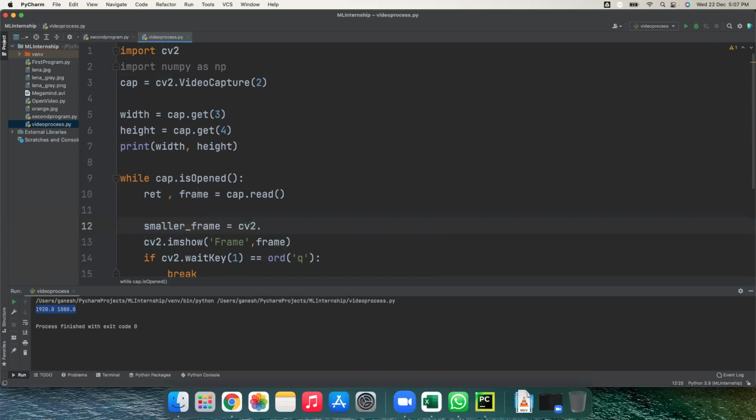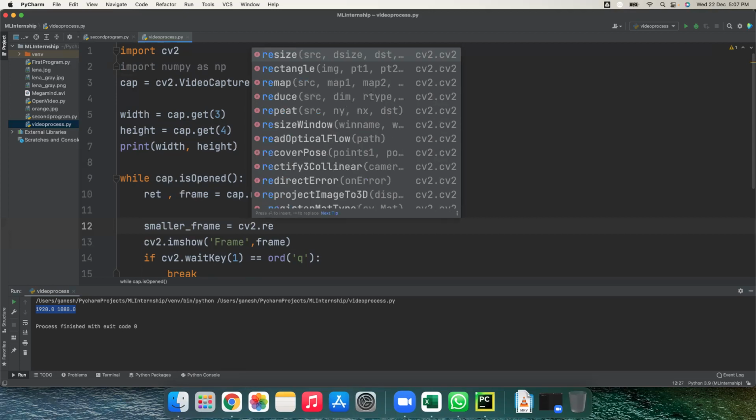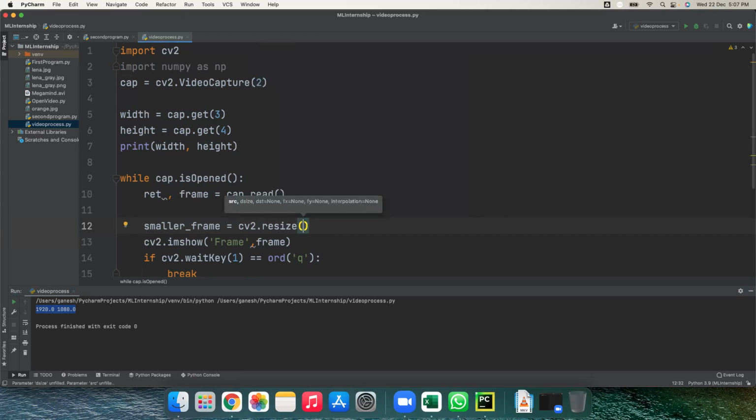So very simple. Say cv2 dot which function? How to make the image smaller? What is the function name? Anybody? We just saw the resize function. Yes, resize. So which one do I have to modify? The frame. This frame I have to reduce. So yes, we have to resize it. So cv2 dot resize, and then after that we give 0, 0, and use the formula fx is equal to 0.5, and fy is equal to 0.5. So yes, this is the smaller frame.